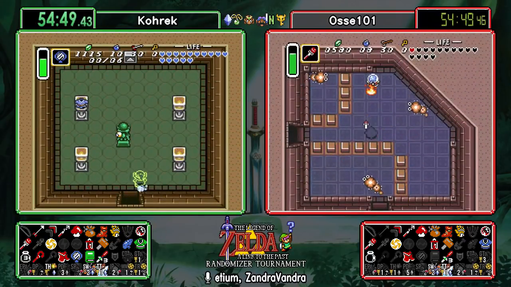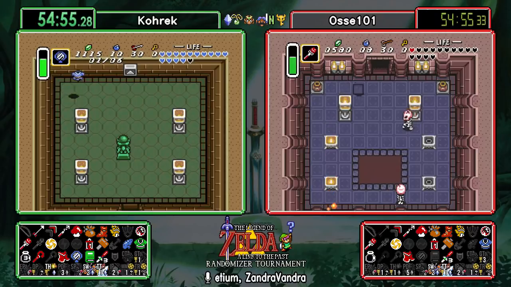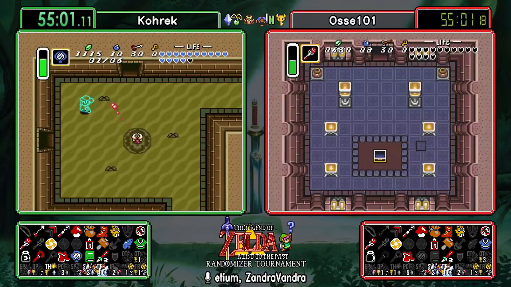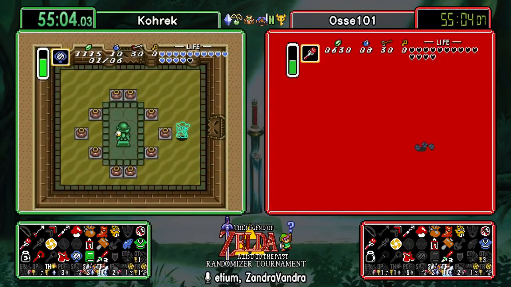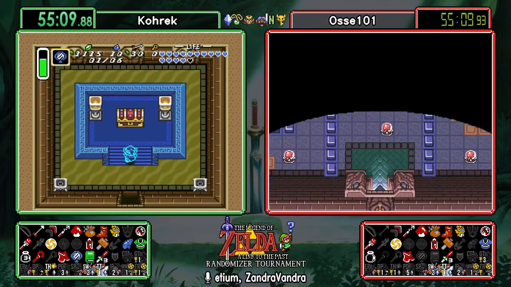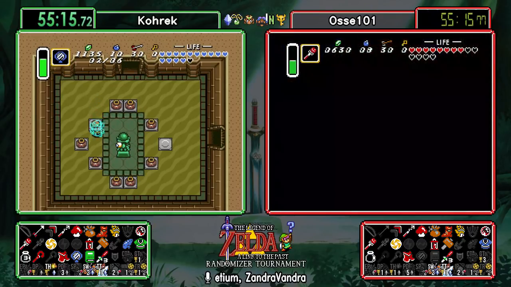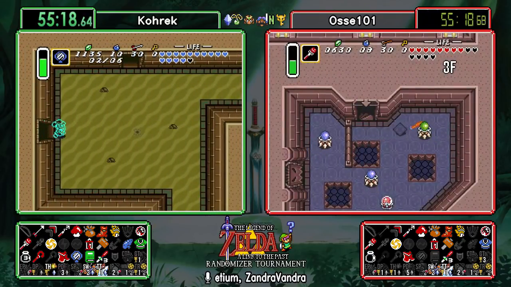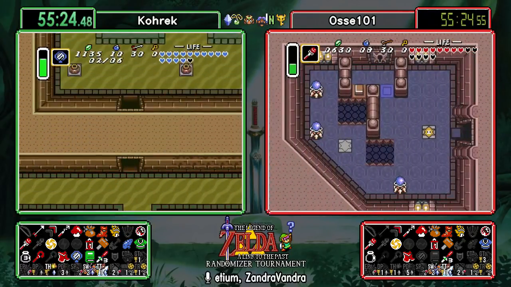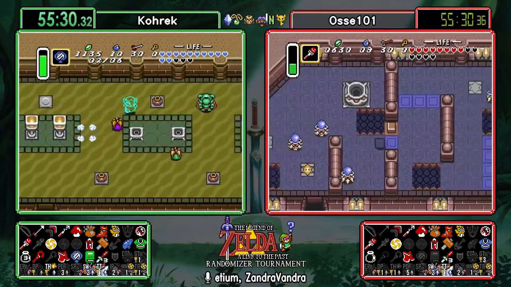And what keys do we need still? We need the Mire big key. The Misery Mire big key is in Ganon's Tower. Oof. Okay, well that is good to know, and plus it also tells us Mire is a pendant. Oof. Okay, so now that we know Mire's a pendant, and that the big key for Mire is in Ganon's Tower, meaning...